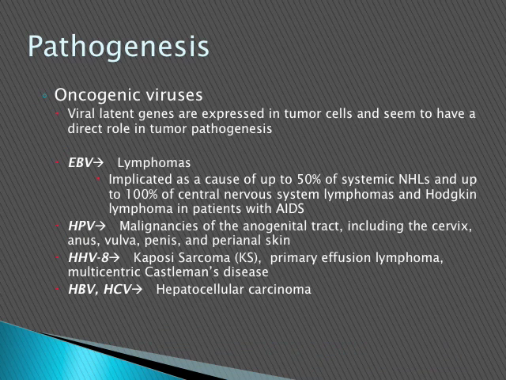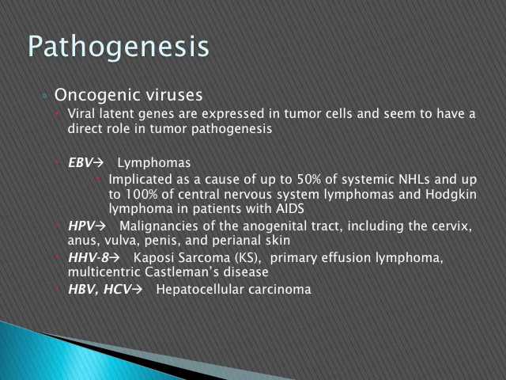Oncogenic viruses, very important. These viral latent genes are expressed in tumor cells and seem to have a direct role in tumor pathogenesis. The most known are EBV, HPV, HHV8, HBV, and HCV. EBV is associated with lymphomas to variable degrees. About 50% of systemic NHLs are associated with EBV, and nearly 100% of CNS lymphomas and Hodgkin's lymphoma are all